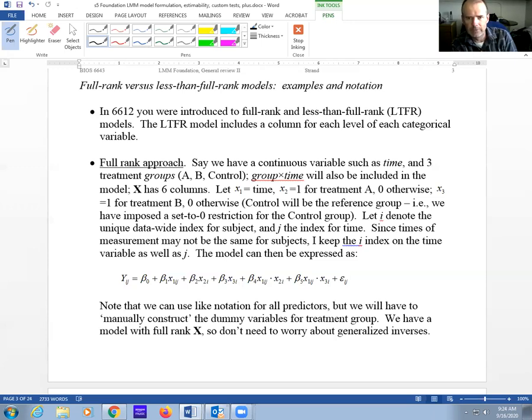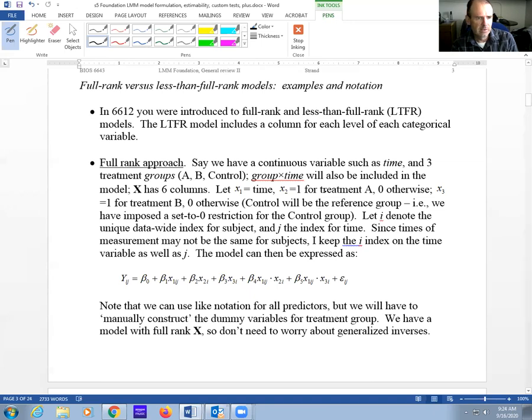So essentially we're fitting lines to each group over time, and we can compare those to each other, right? And that may be the thing that's of interest. Are these slopes different for each of these groups? And the interaction is a thing that will tell us whether those slopes are different from each other, right? And so one way to write the model is basically to create indicators,